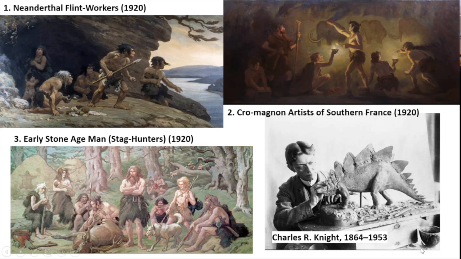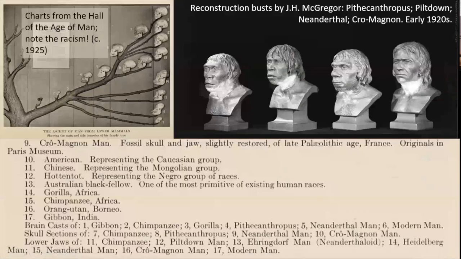The Cro-Magnon was depicted in visuals at the museum very differently than the Neanderthal, not only by Knight here, but also in scientific skull reconstructions that you see back here. This is the Cro-Magnon by J. Howard McGregor, where he was a handsome, familiar individual in comparison to the Neanderthal. And you can also see the Piltdown man here, who was later blacked out with a black box from later versions of this photograph in their archives.